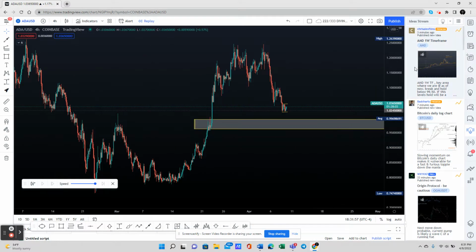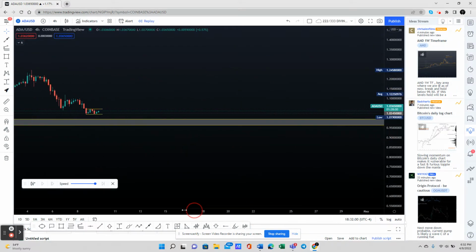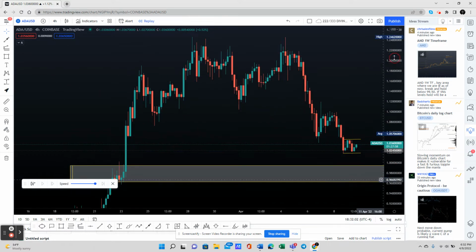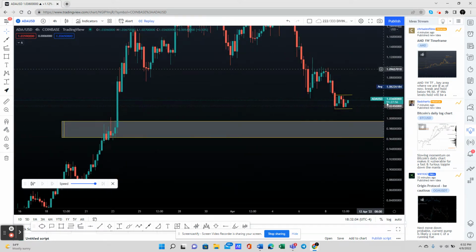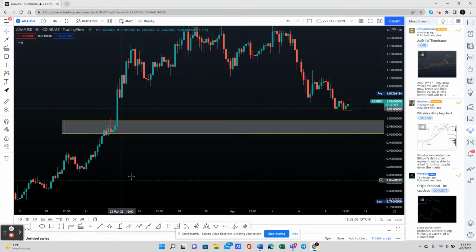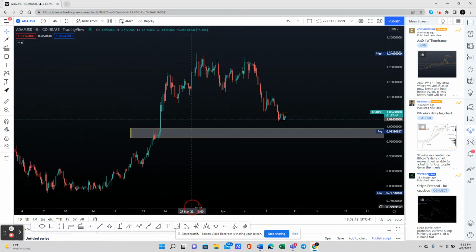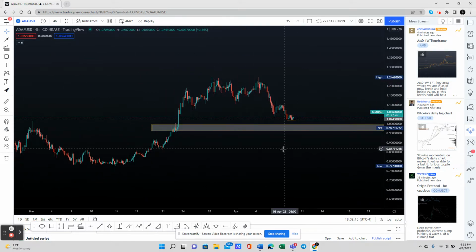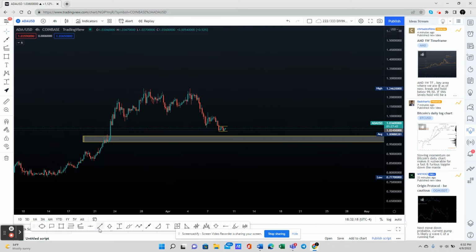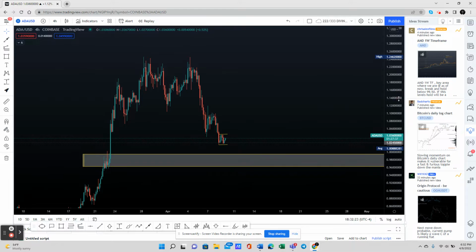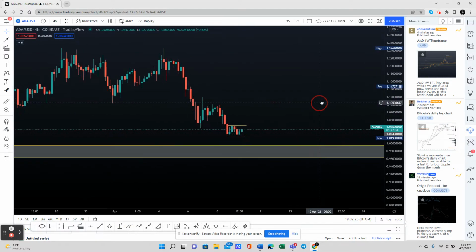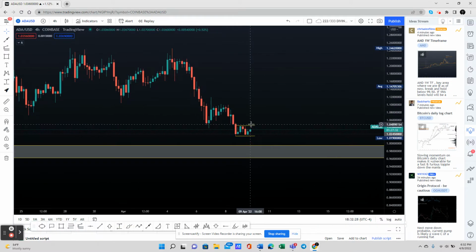assets out here. Okay, so now we have, I'm sorry, this is Cardano. With Cardano, we're in somewhat of a flat pattern. I'm not really looking to take this trade in anything on the futures market. If we break out of this, then I will look to take the trade back up into this region